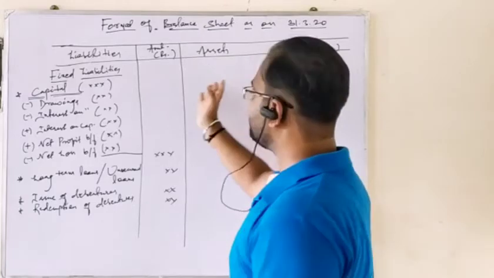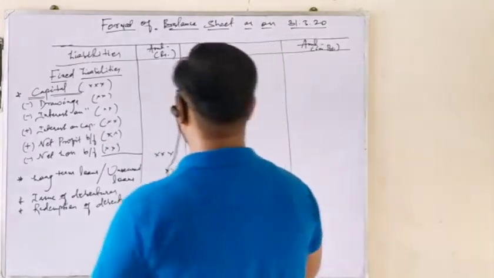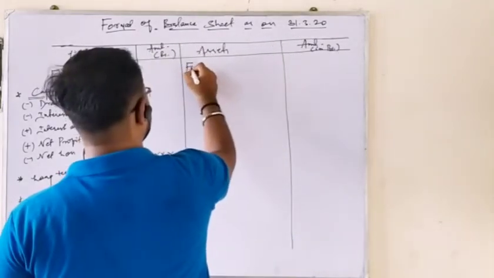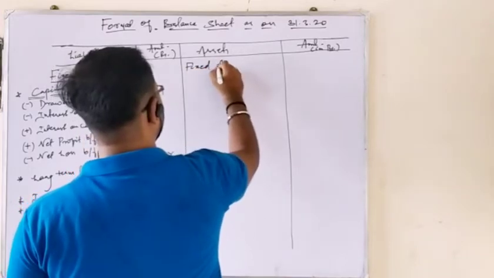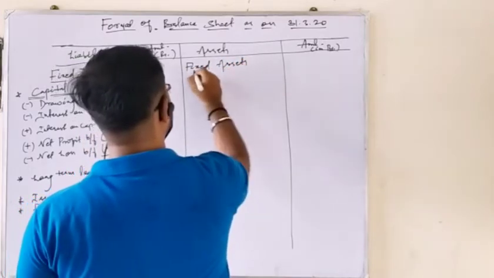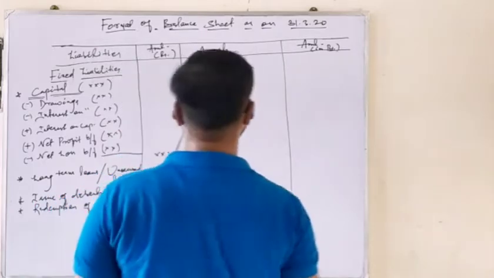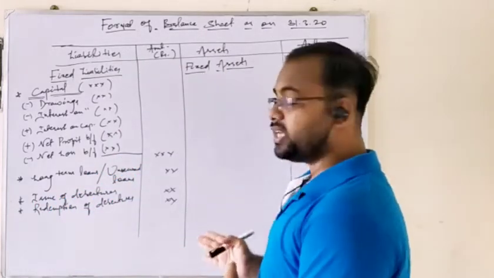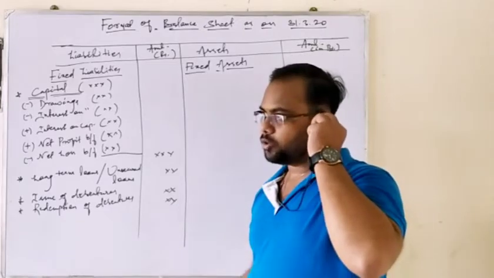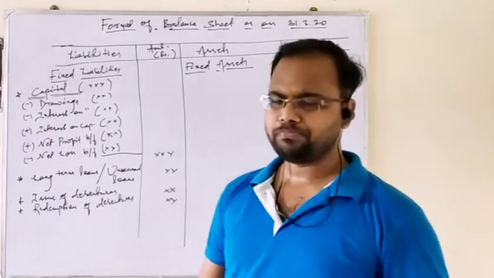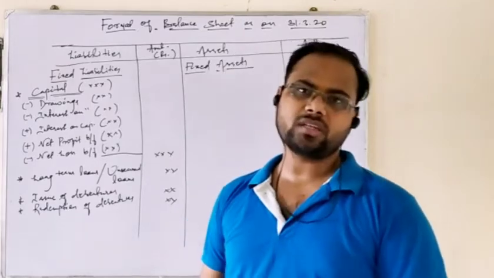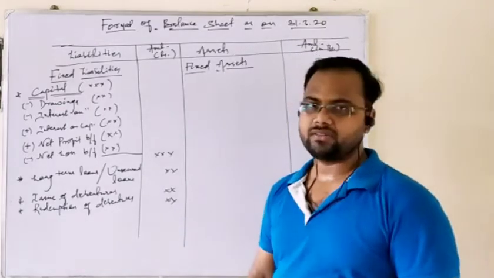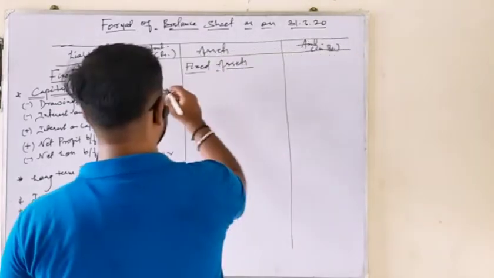Now we shall discuss the opposite side of liabilities, that is fixed assets. When we discussed the payments, that is the expenditures, I told you about capital expenditure. Capital expenditures are those expenditures that are made on fixed assets. You have noted in my earlier video that capital expenditure is nothing but the investment in fixed assets. So there are a lot of fixed assets you can see,